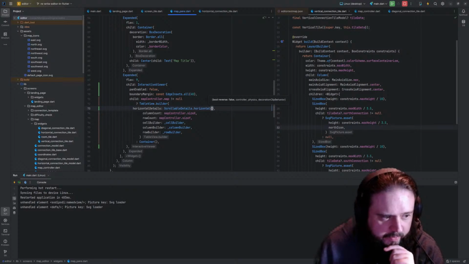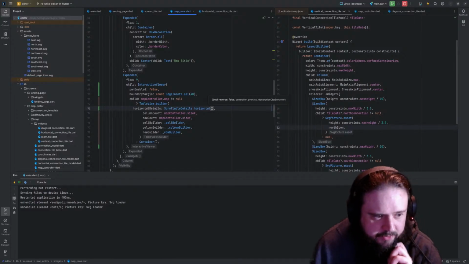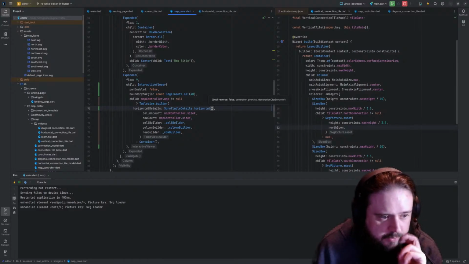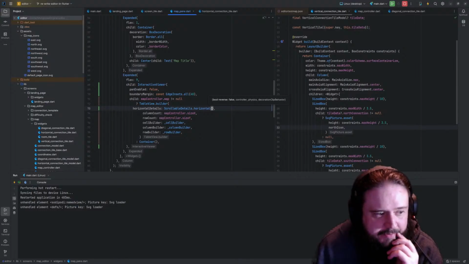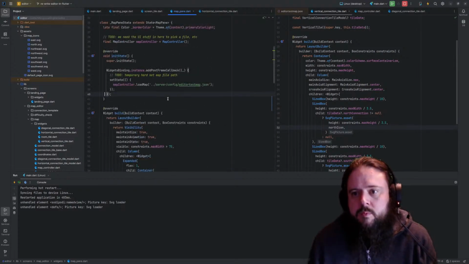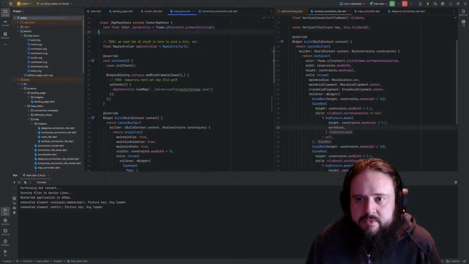Inherited scroll behavior. Copy the existing scroll behavior, set different drag devices. Scroll configuration in your widget tree, provide a modified copy of the existing scroll behavior in the current context using copy with. So if we were to do up here, we can say,